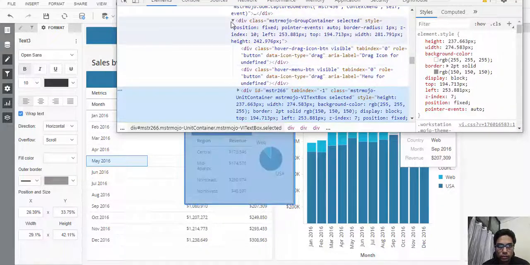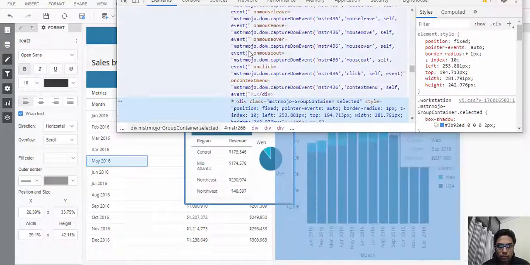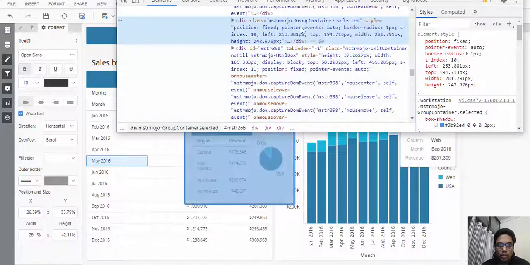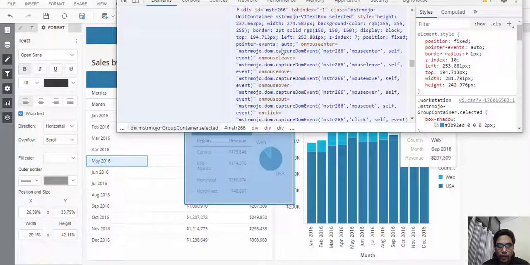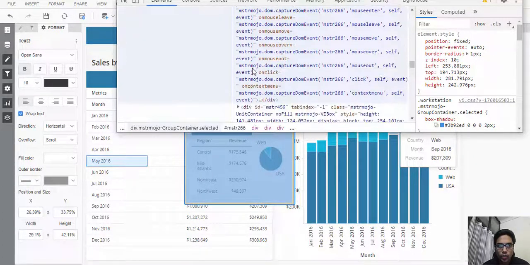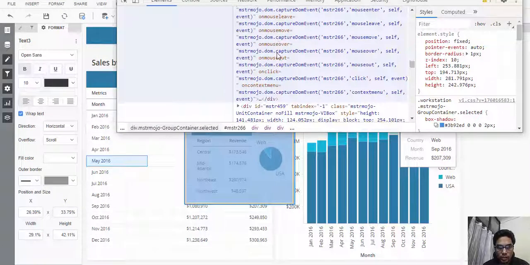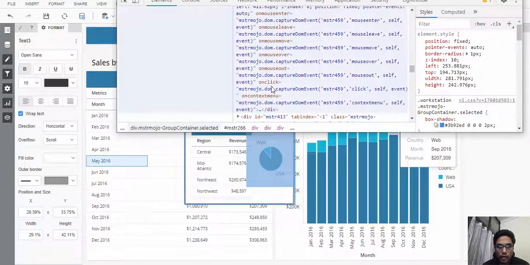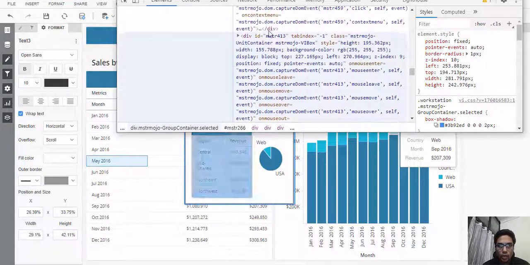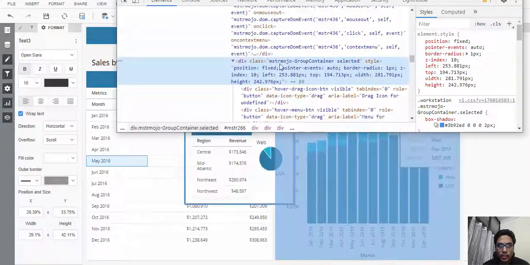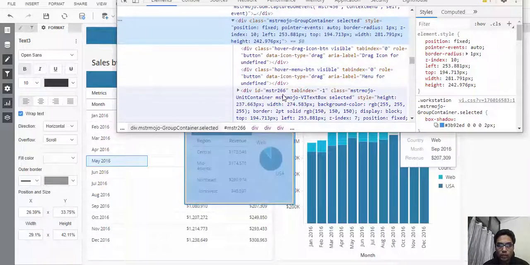So this group generated one div, and inside that div there are other divs, like this is for text, this is for pie chart, and this is for grid, and so on for image and all. Okay, so automatically it creates a parent div, and inside that all the other visualizations will be there.